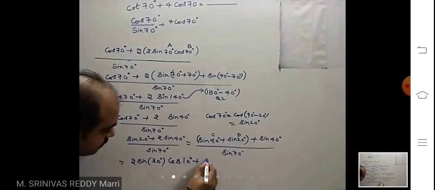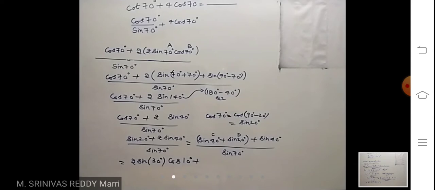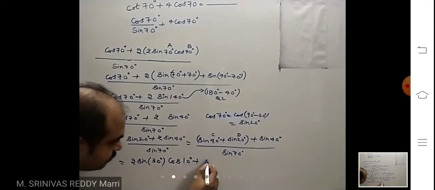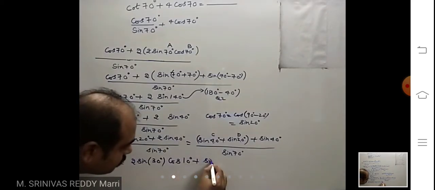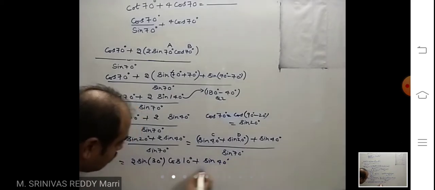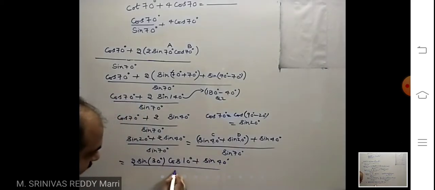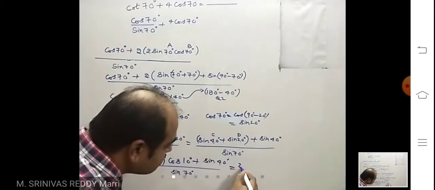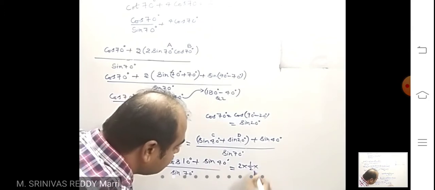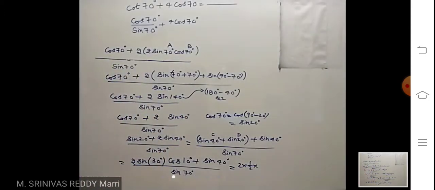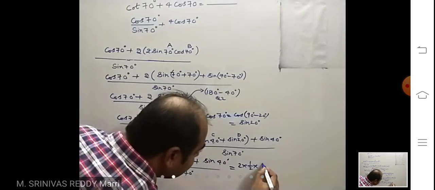Plus sine 40 divided by... I have written the formula, nothing is there. Now the sine 30 value, you know, sine 30 value is what? 1 by 2. So this is 2 into 1 by 2 into 1 by 2 into cos 10 degree